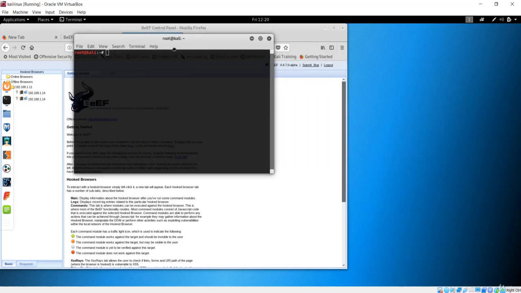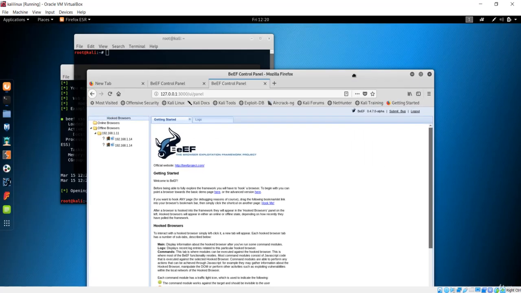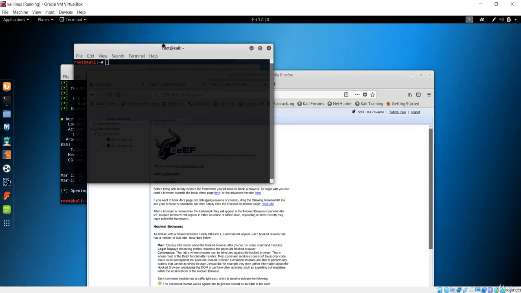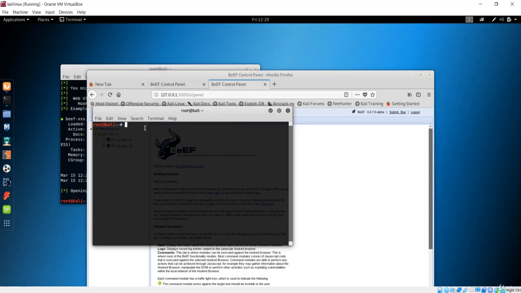So here what we are going to do is basically write the man in the middle framework again, and this is going to be again the ARP spoofing.